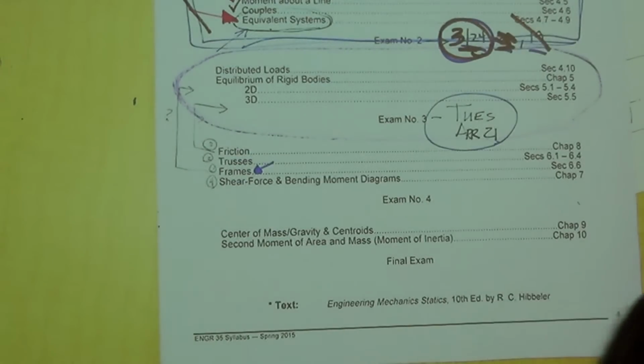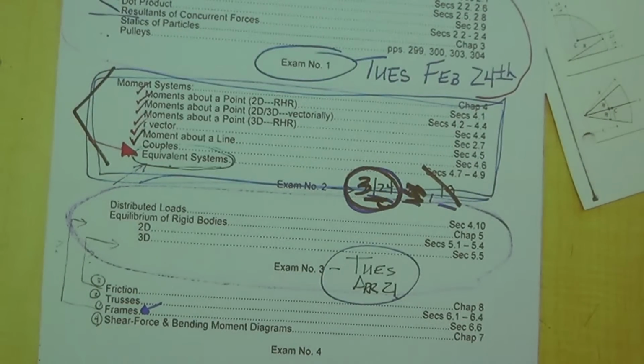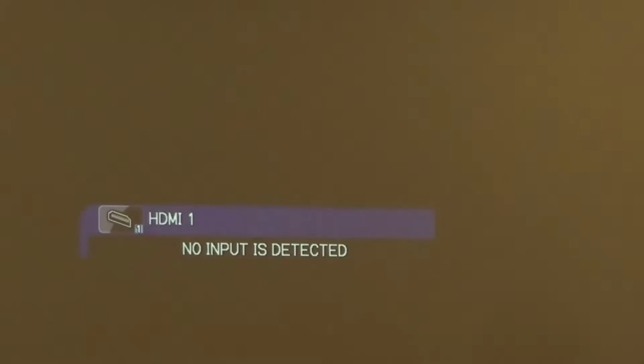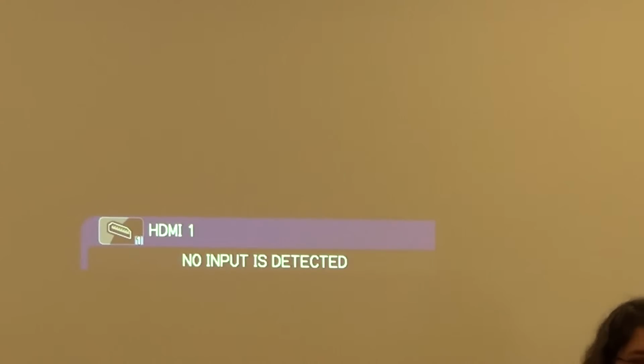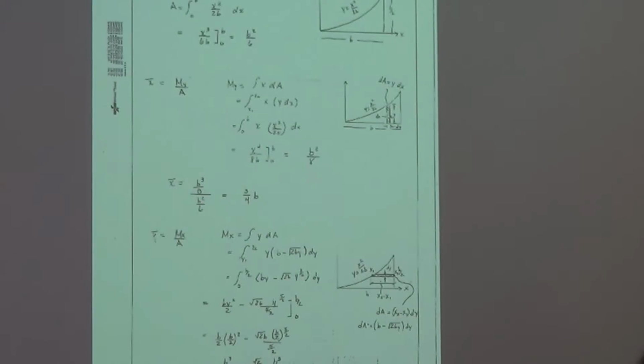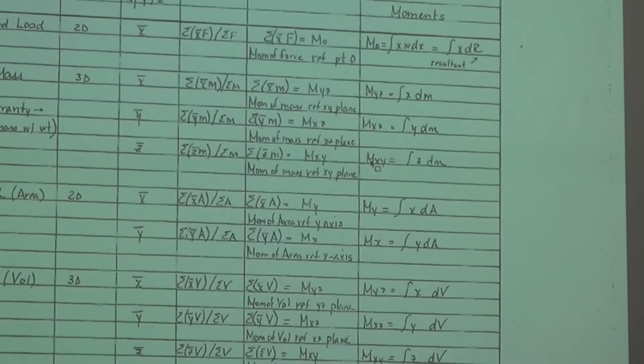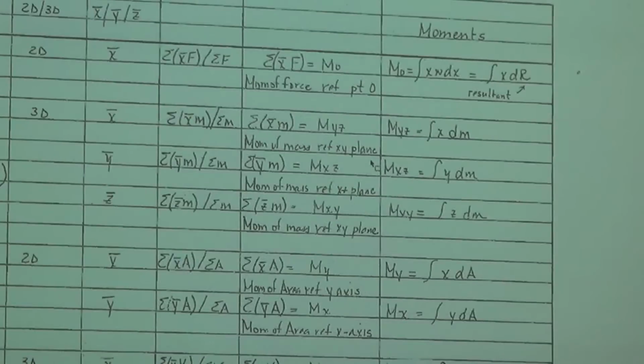Okay, so what I'd like to do now is, for the center of mass and center of gravity, highlight some things that Karen did with you, and that you saw on the video. I know that I did it on the video. I'm not sure if Karen would have highlighted this or not, so I just want to make sure that I am highlighting it. I'm going to zoom in. So first you dealt with